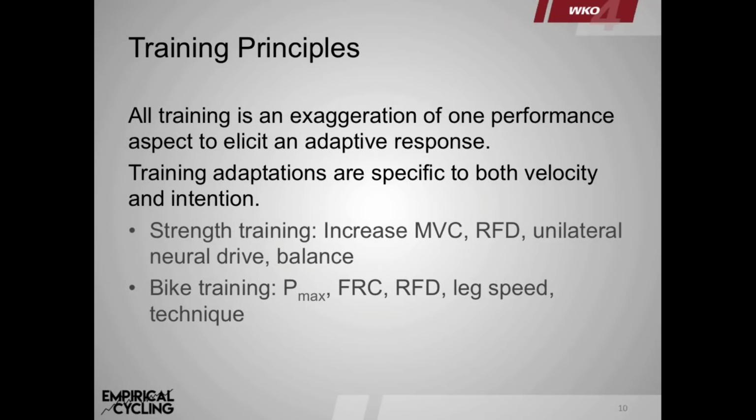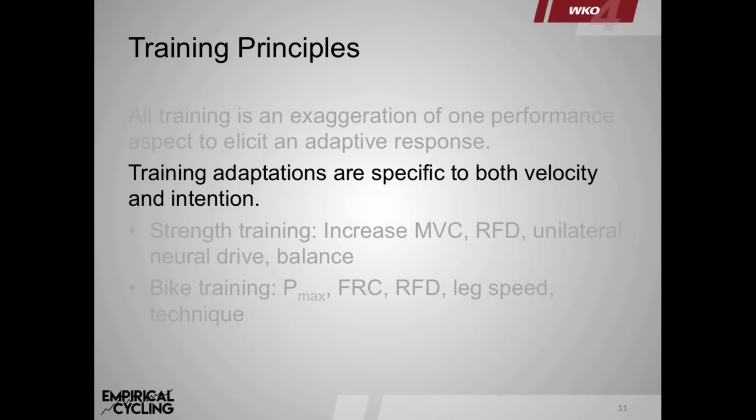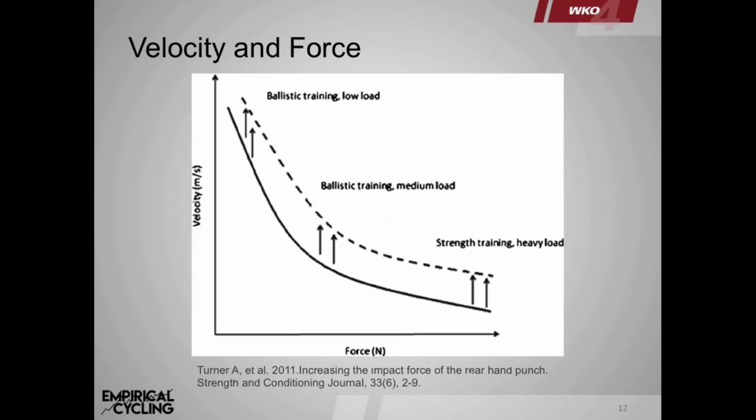So first, I want to talk about training adaptations that are specific to both velocity and intention. With velocity, the first thing we need to look at is the force-velocity curve. Here we have newtons on the x-axis, that's force, and on the y-axis for velocity we have meters per second. To imagine this, the force-velocity curve in cycling terms, let's imagine on the far left side, we have